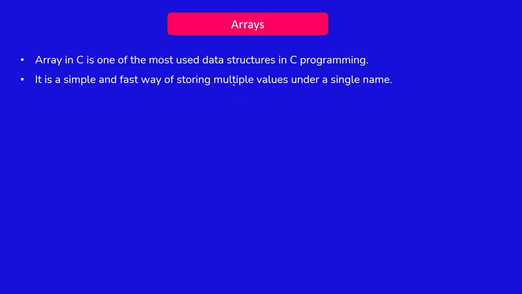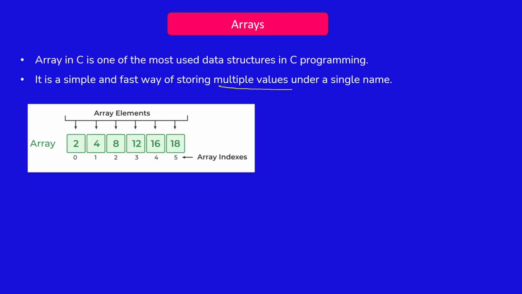Arrays in C is one of the most used data structures in C programming. It is a simple and fast way of storing multiple values under a single name. So far, we used a variable to store a single name or single number. Suppose if you want to store multiple values 2, 4, 8, 12, 16, 18 under a single variable, then we